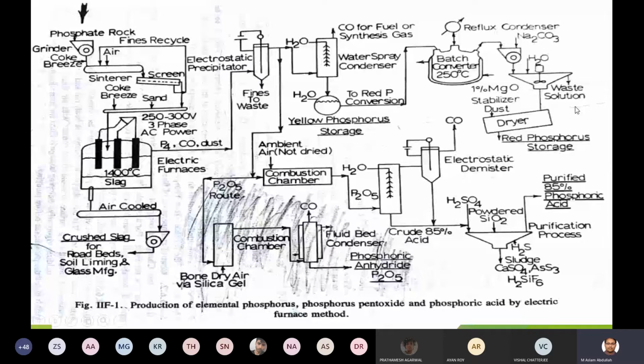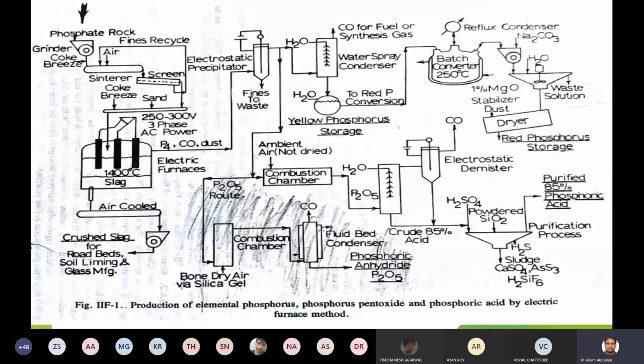Now since you have added water, obviously the product will be wet. It means you have to convert the wet red phosphorus to dry red phosphorus. So I will send it to a dryer. In the dryer, in order to convert the wet form to a dry form, I will send the dust particles. I have mentioned dust, but don't think the dust passes directly to the product. The dust is heated, it is like a sand particle.